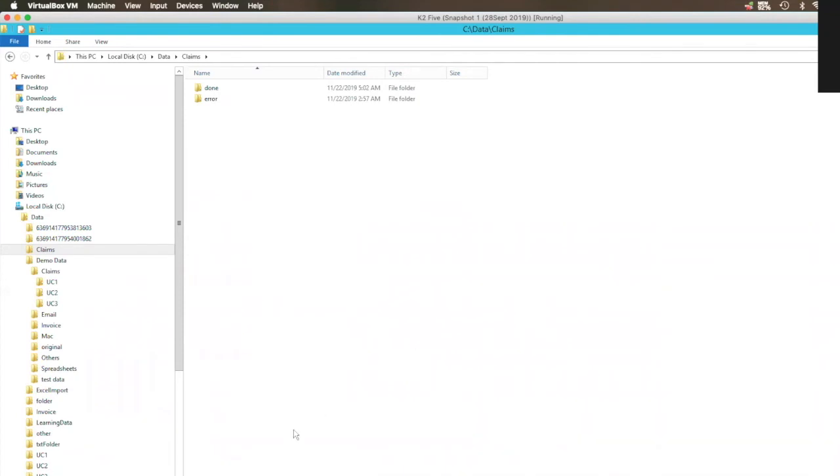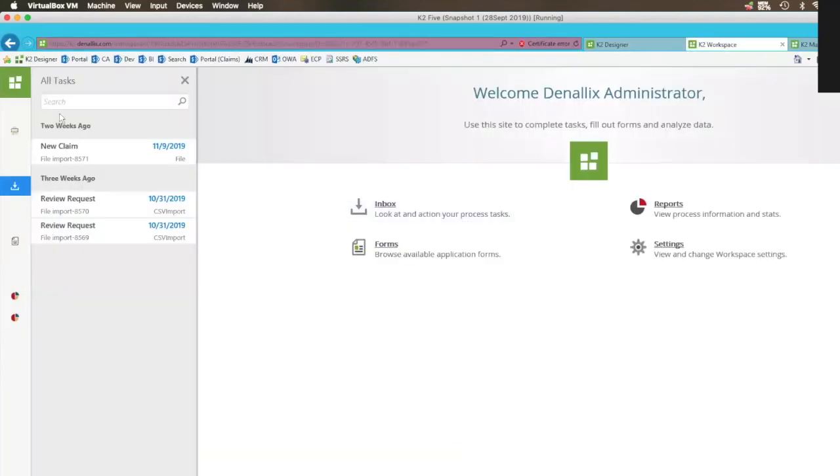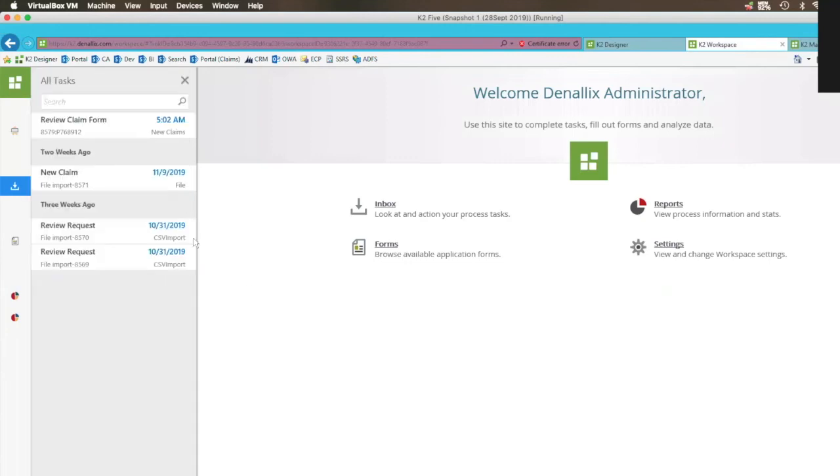So we'll see what it does with this particular one. If I just take the standard, go to workspace and refresh the screen here, you can see it just created this review claim form.